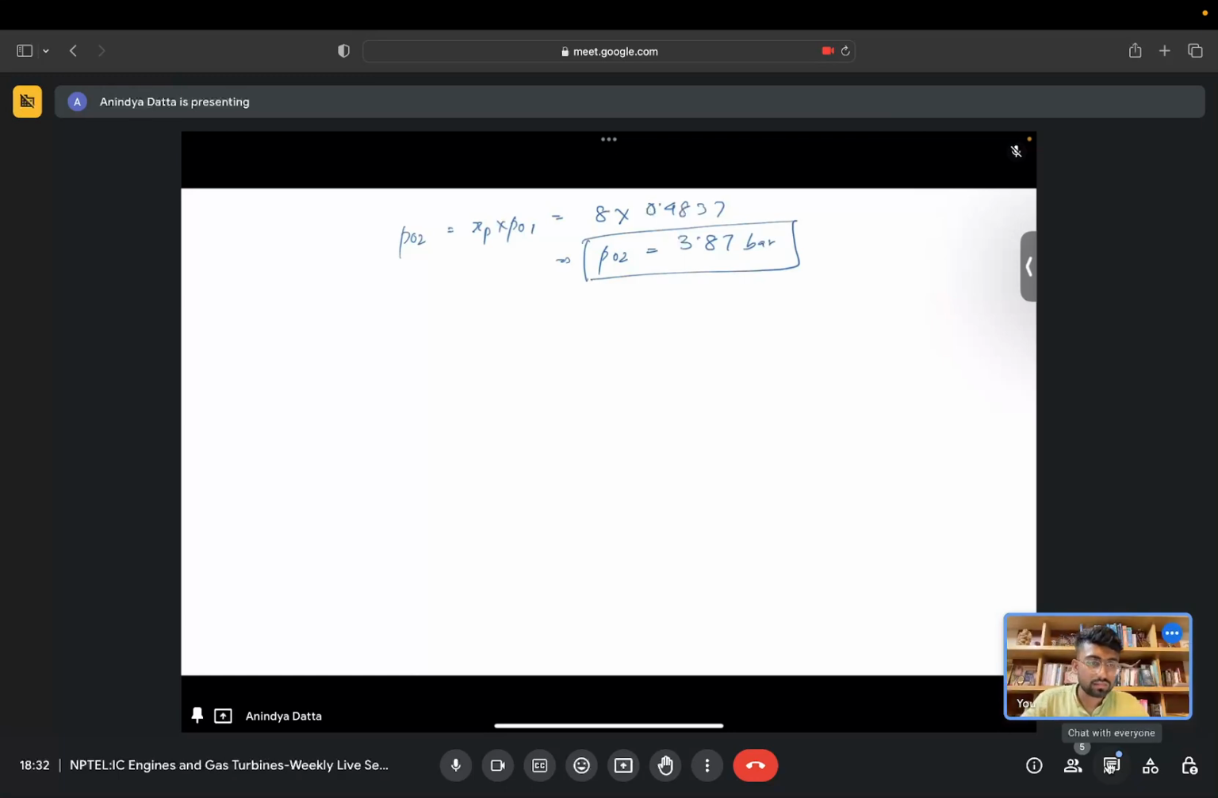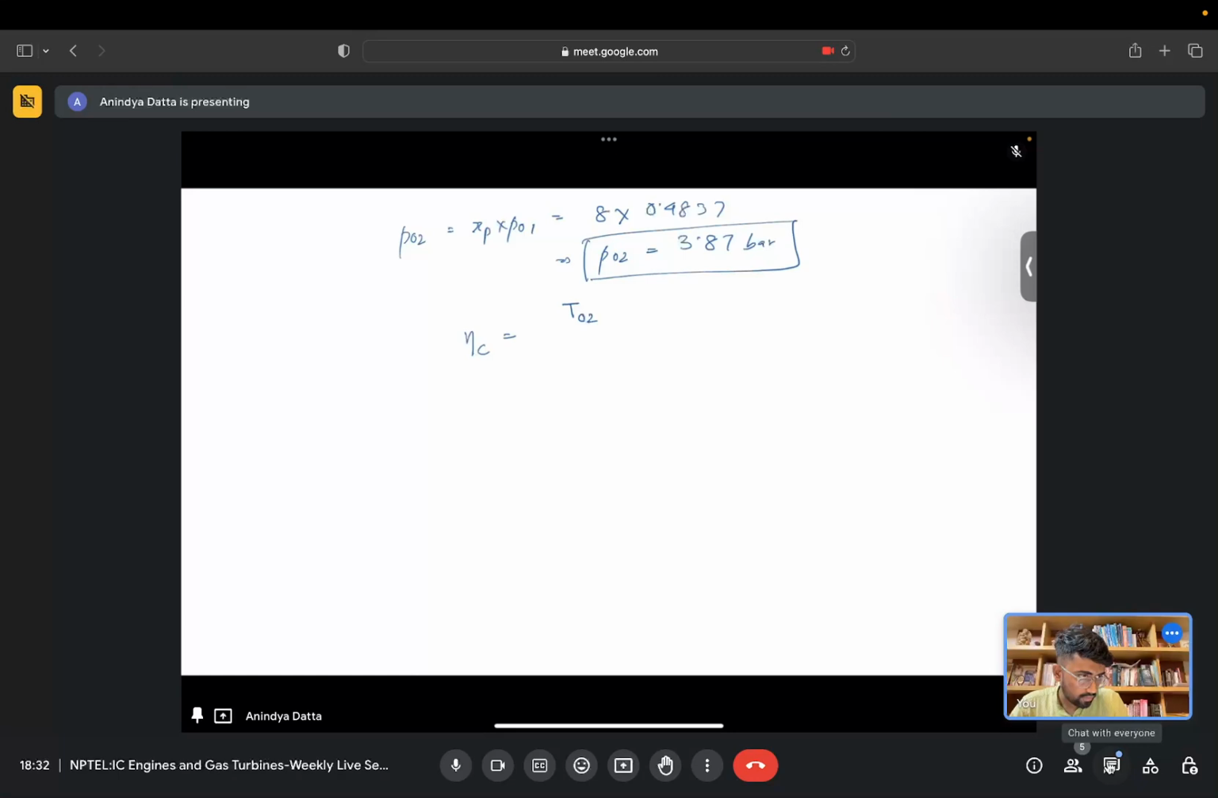So this kind of problem we have done before. We have a compression process. We know the inlet temperature and pressure, the compressor isentropic efficiency, and the pressure ratio. So we have to find out what is the temperature at the exit. Okay, this kind of problem we have done before. How do we do that? We can write the compressor isentropic efficiency as